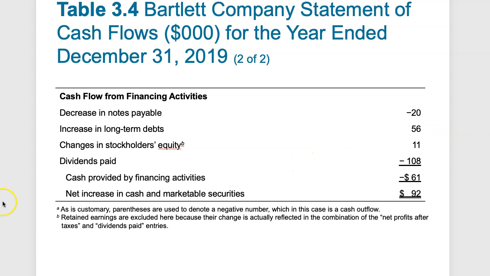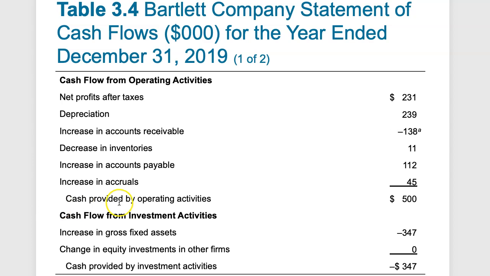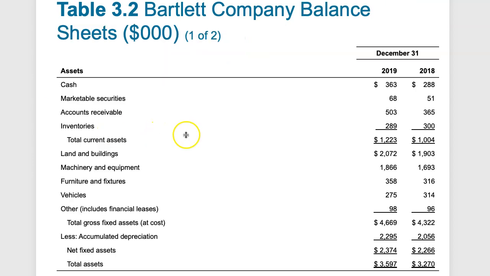Now, what's most important is understanding the cash flow and how the cash flow is generally generated. So if we look at inventory, it's a year-over-year change to figure out if inventory increased or decreased. So if we go back to our balance sheet, we see that from 2018 inventory went from 300 to 289 in 2019. The difference is a reduction or decrease of $11. These are in the millions.